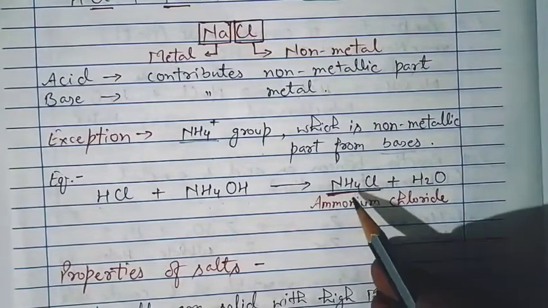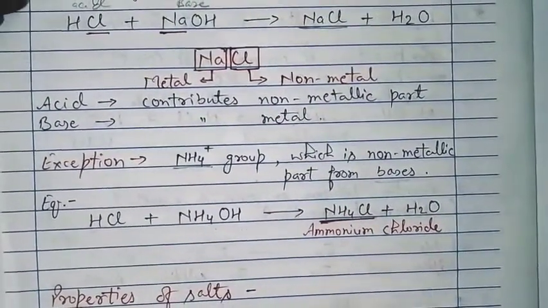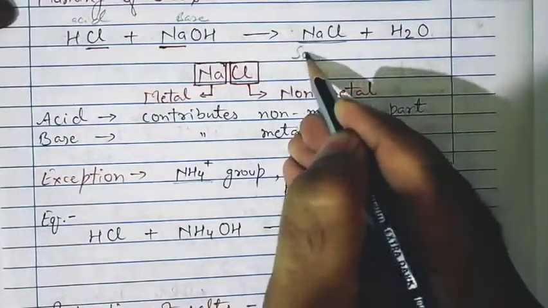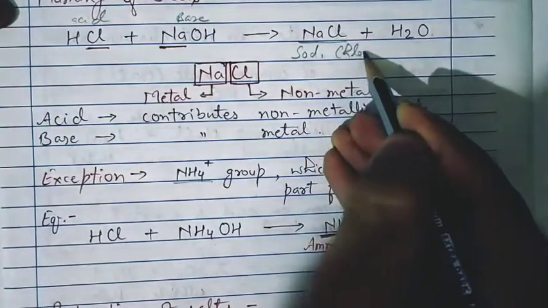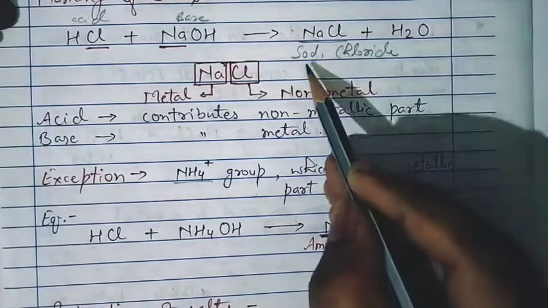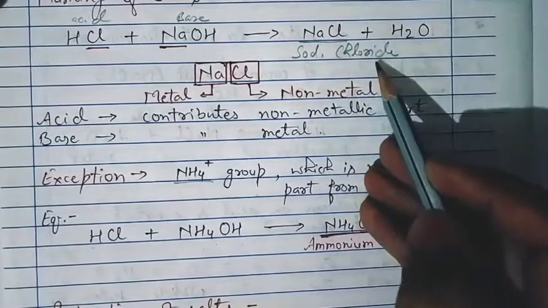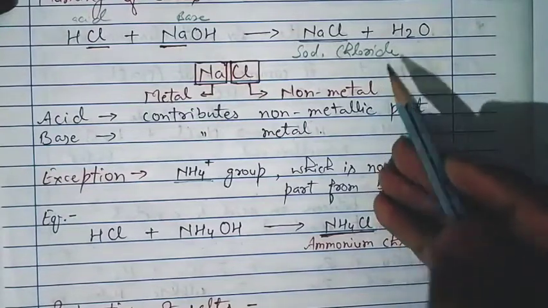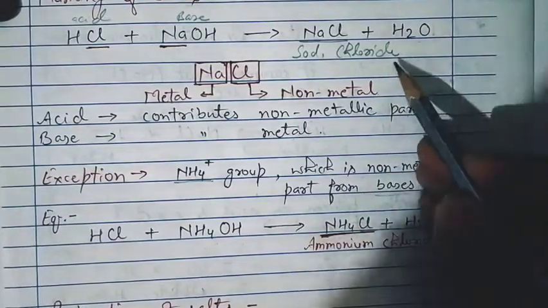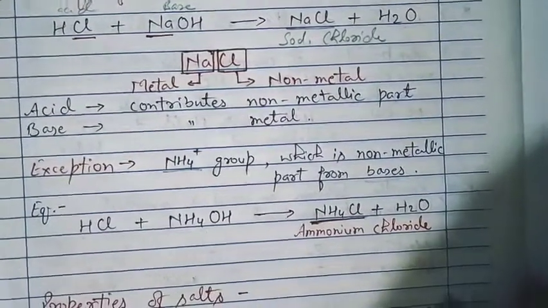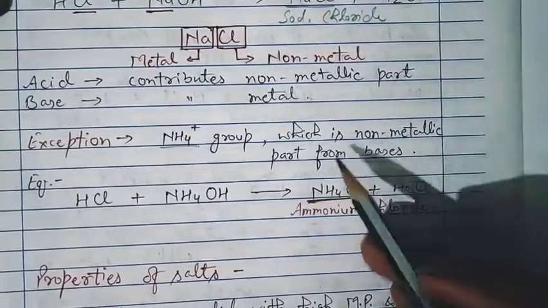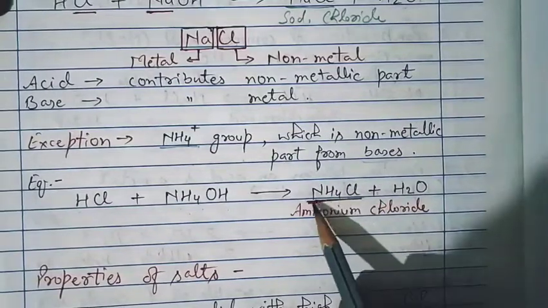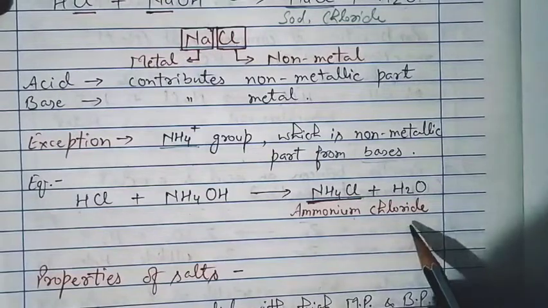So by this we can conclude how we are naming any salt. Like NaCl is sodium chloride. Sodium chloride means first we always write the metal part and then we write the name of the non-metal part. In the non-metal part we add ide or ate or ite. That I will explain just after this, how the naming is done, with a chart of the naming of compounds. Similarly here, because the metal part was not present, first the ammonium name was given and then chloride is added.